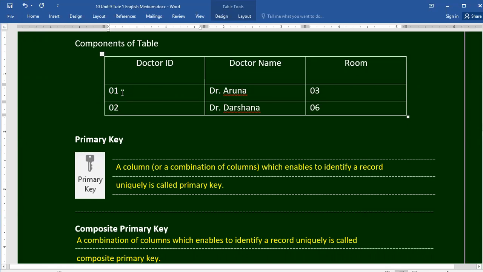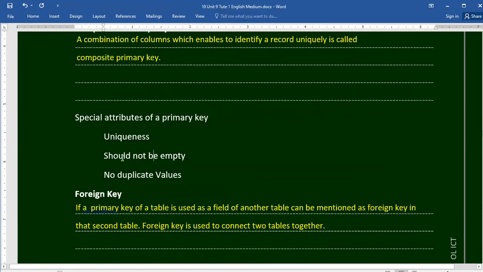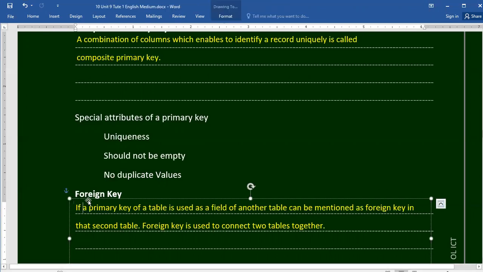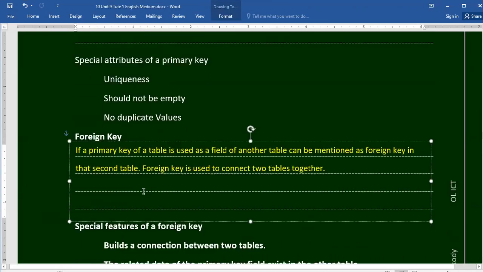tables, right? For a primary key, we have to use some number, and also we can't duplicate the values. How can we identify? If we use the same identity card number for two people, that is wrong, right? Never happen. We do not have to duplicate the values in a primary key, right? Just take your note.